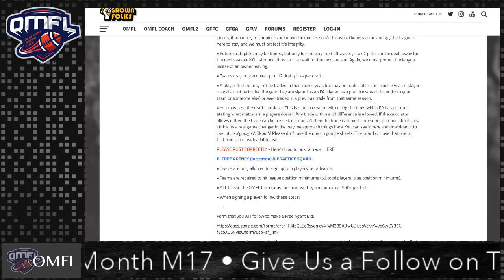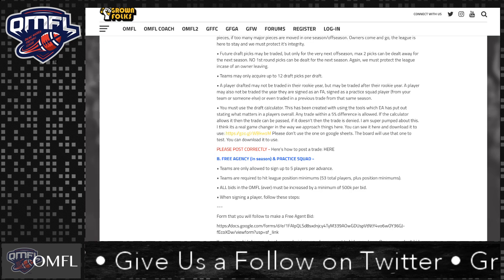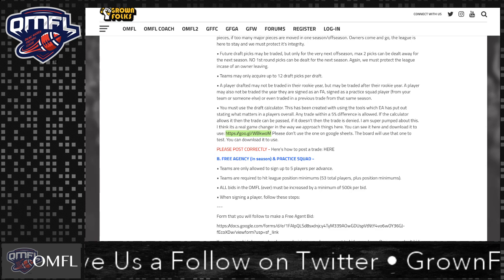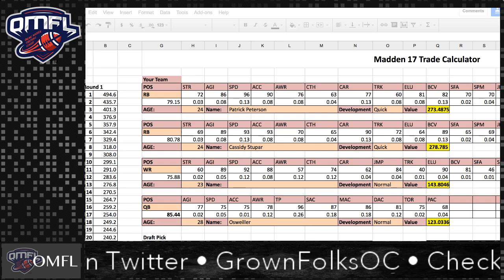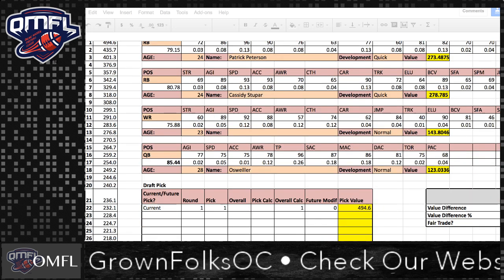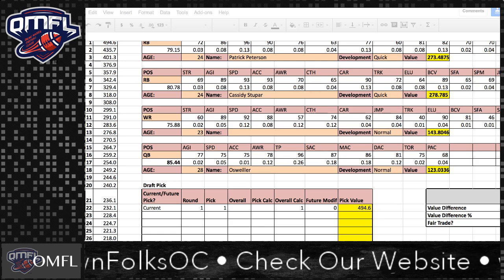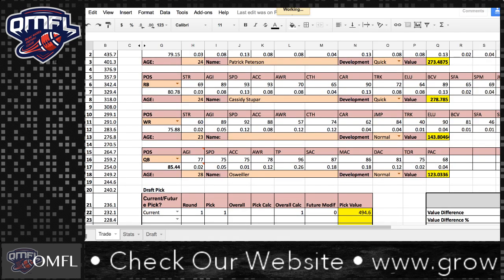So this link will bring you to the spreadsheet, the draft calculator. We have a whole video that actually shows you how to use this draft calculator. You should download it. It shows you exactly how to download it, how to use it, and then start to plug in the different things that you need to plug in. Your team is at the top, their team is at the bottom, and then right in the middle, it will actually show you who